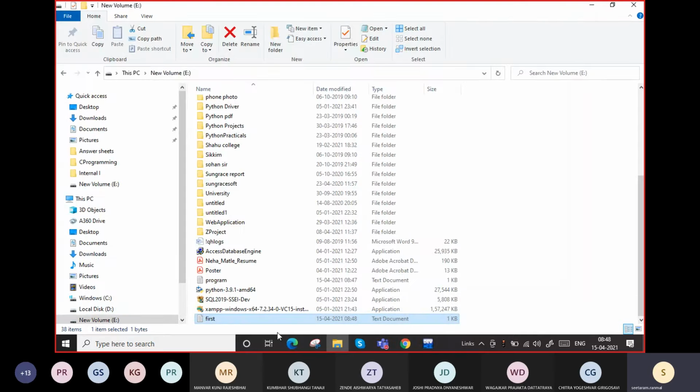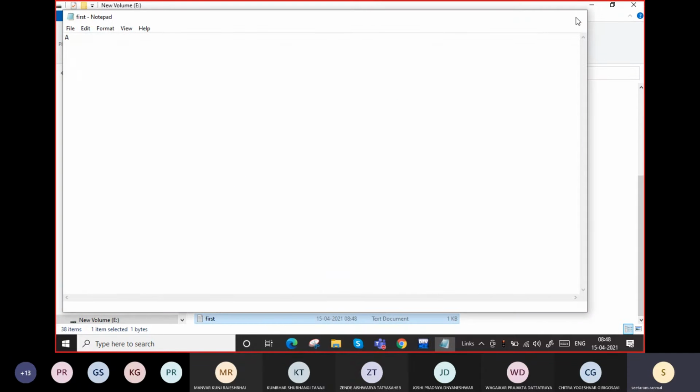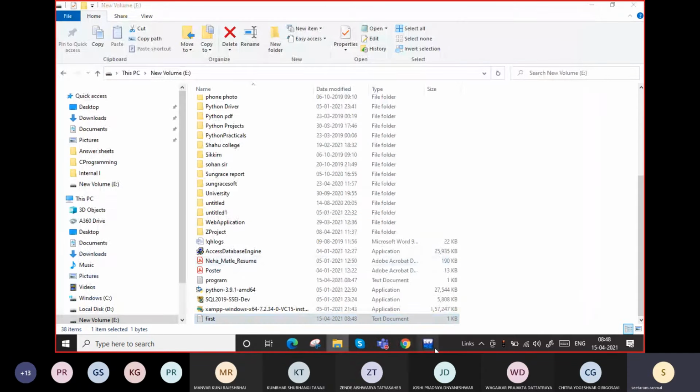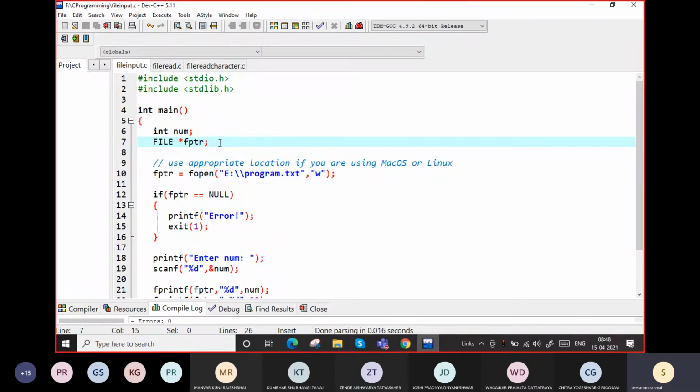Similarly, if you want to write this character A using a program, there is a way. How to write using the program? Moreover, we will take input from the user, who enters some number, and we will write it into that file. For that, the first thing is you should take a file pointer.